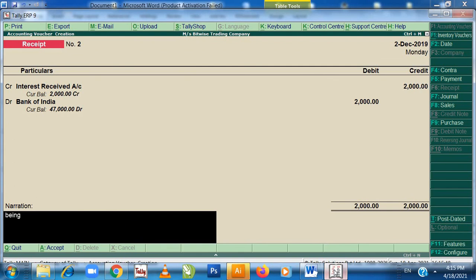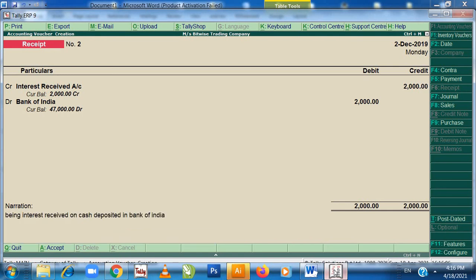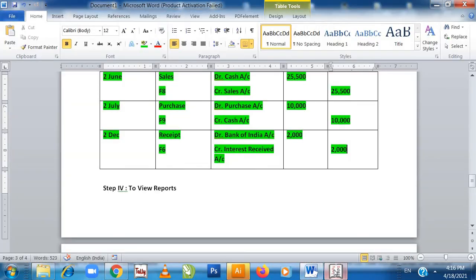Being interest received on cash deposited in Bank of India. Press enter. So we have completed this part also.